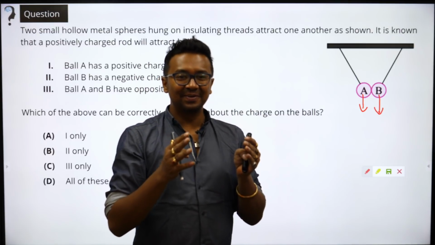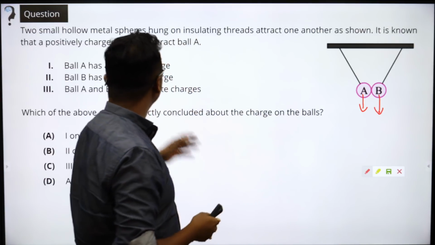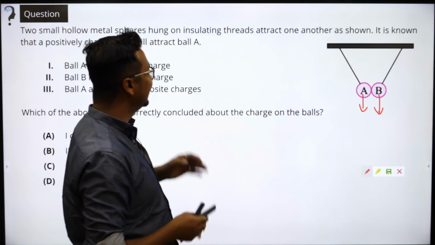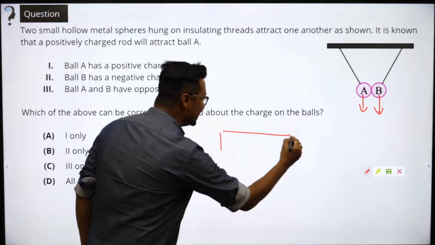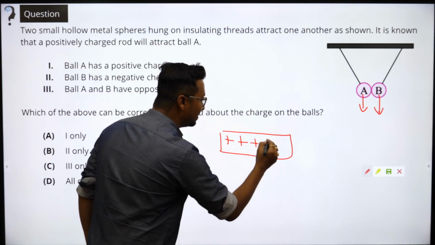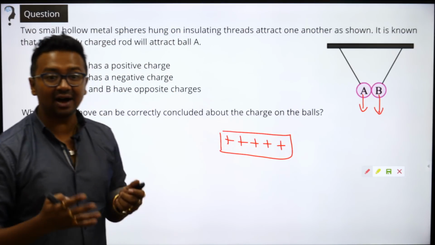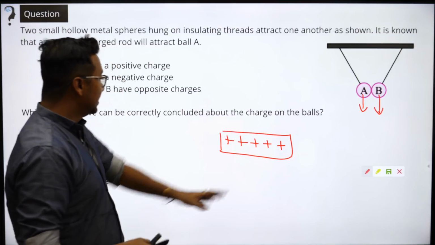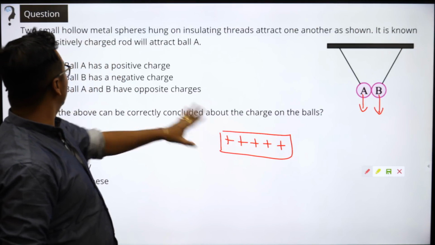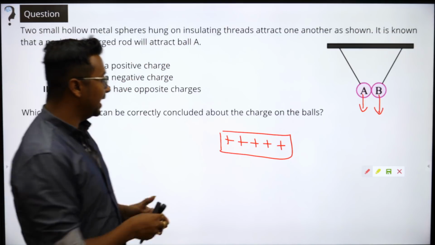So what do we have to conclude out here? Option C is absolutely correct. So if there is a positively charged rod, सुनो अब मेरी बात कि किस तरीके से सोचना है इस क्वेश्चन के बारे में, हालांकि ये काफी इजी है. All right. There is a positively charged rod that will attract A.